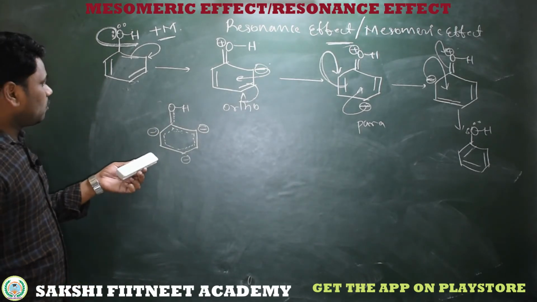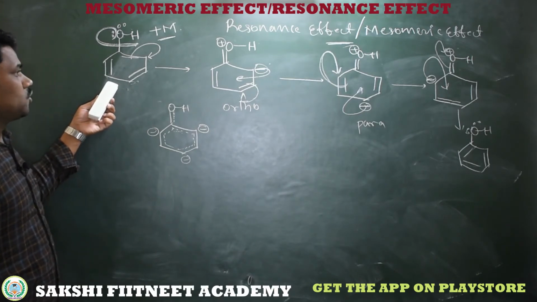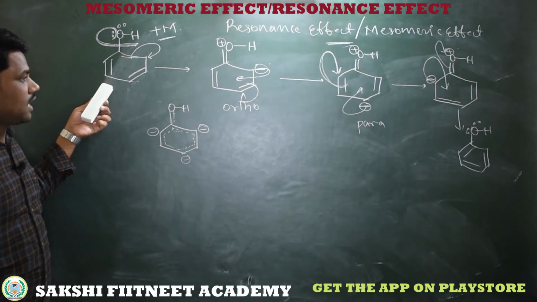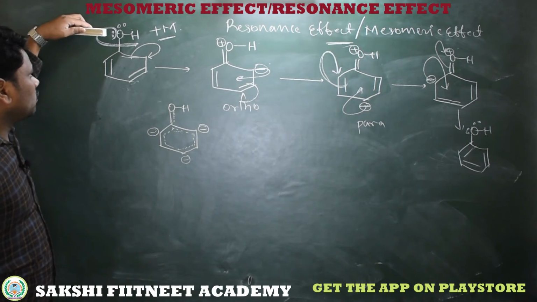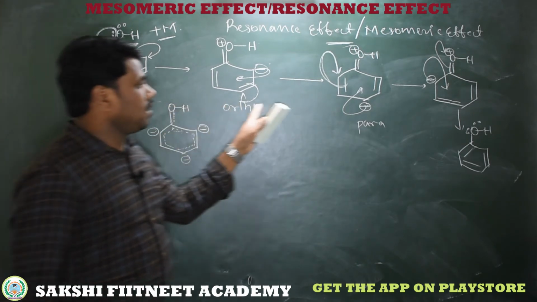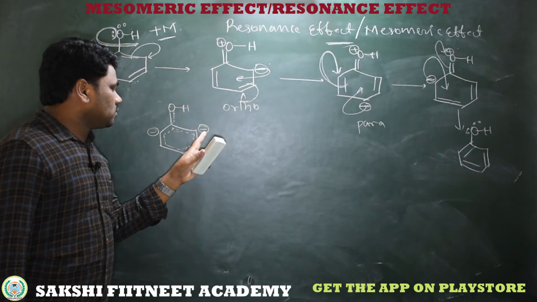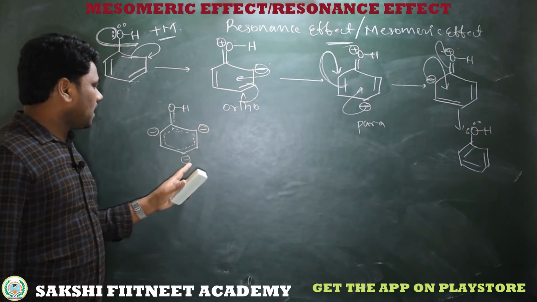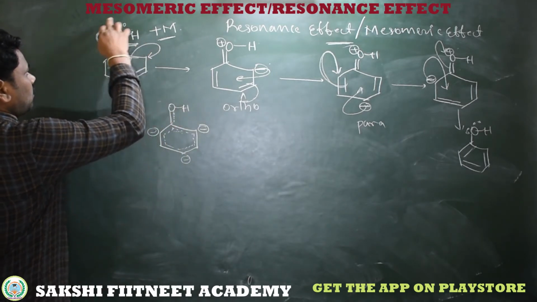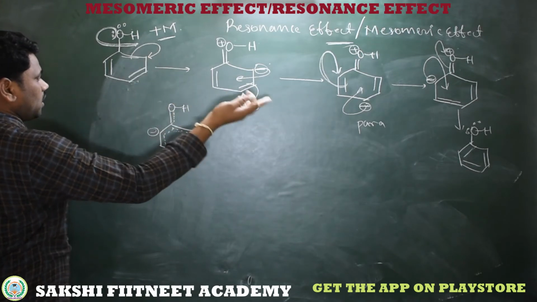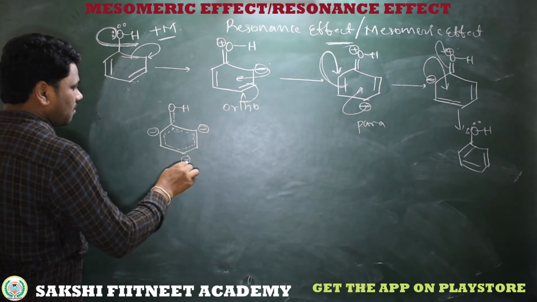If we take this compound, which has a donating group, into an electrophilic substitution reaction, remember that not only this OH group but whatever the electron donating group is, you will get the same resonating structures, and you will get a negative center at ortho, para, ortho. Then when we take this plus M group substituted benzene to the electrophilic substitution reaction, obviously the electrophile attacks at the ortho place, para place, or ortho place.